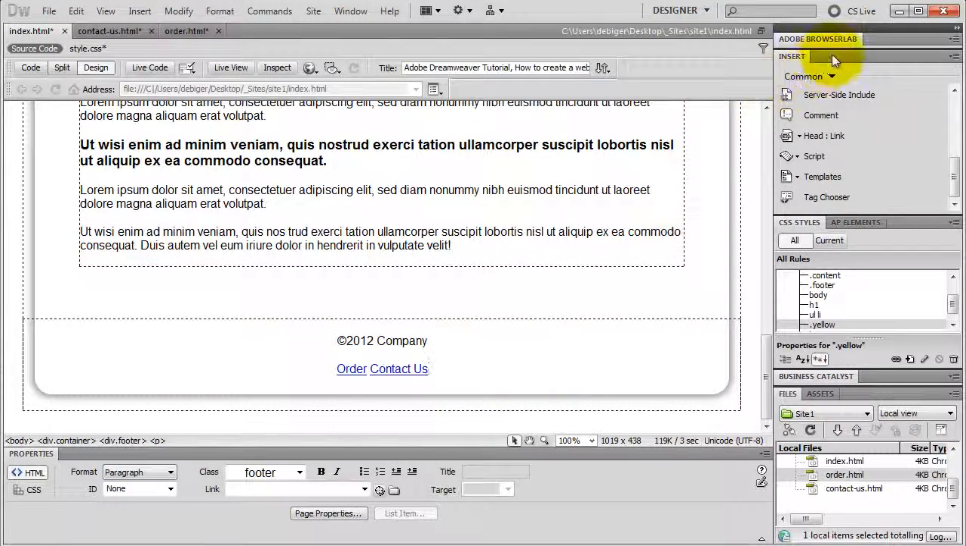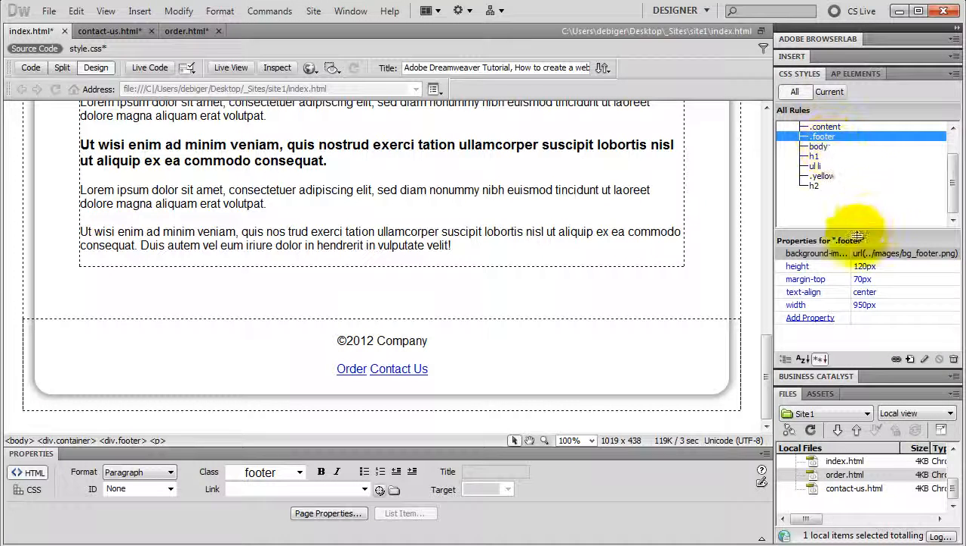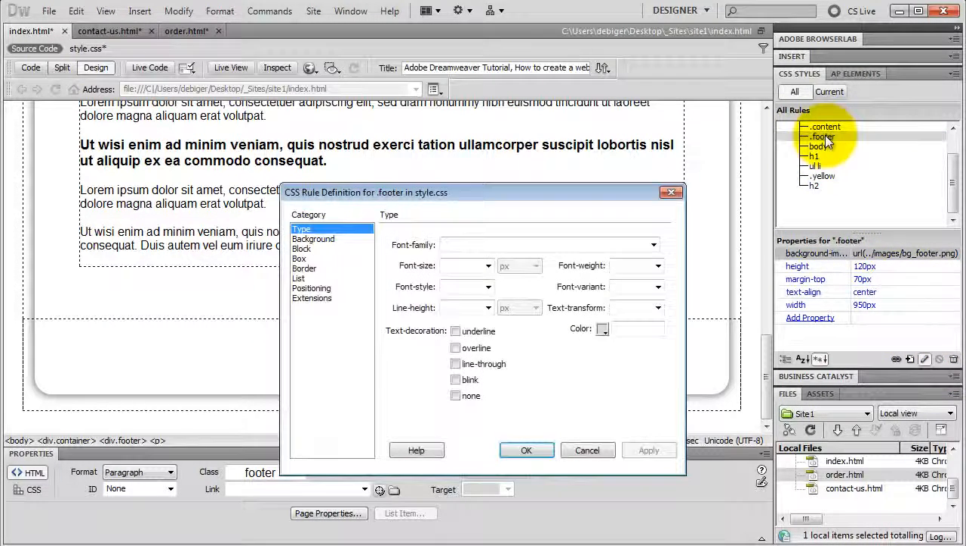I fold up my insert panel, select my footer class style, and down here I can see all the properties and values for my footer. I can change the values here, I can add property, or I can delete or disable properties. But I just double click my footer class style and bring up this dialog box. I change the font size to 14 pixels because I don't need such a big text inside of my footer,